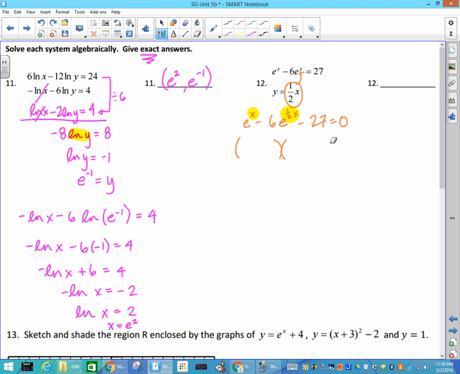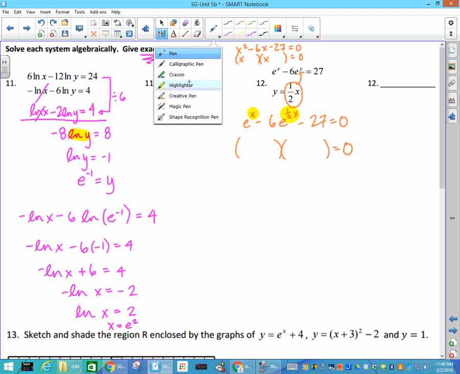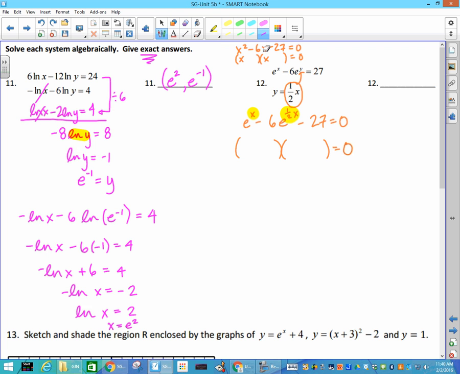and I can factor it. I talked about it in class, but just so that you can remember, if you had a quadratic in the past and it said x squared minus 6x minus 27 equals 0, and you're trying to factor this thing, you all know that what goes here is x and x. So what I want you to see is that whatever you have right here,